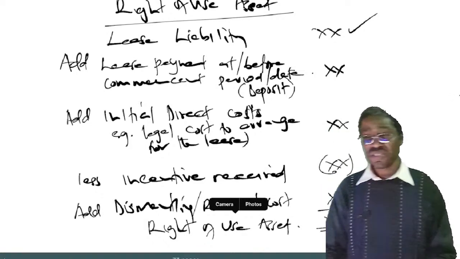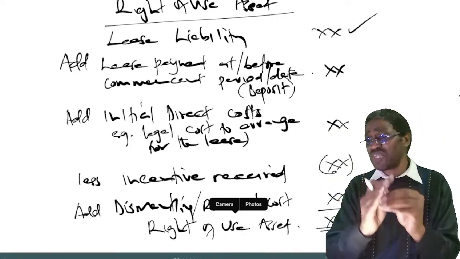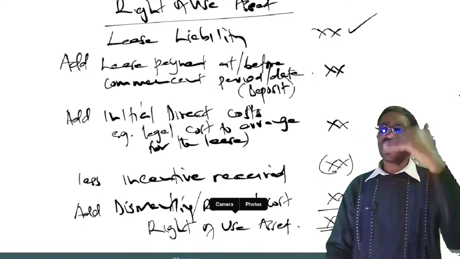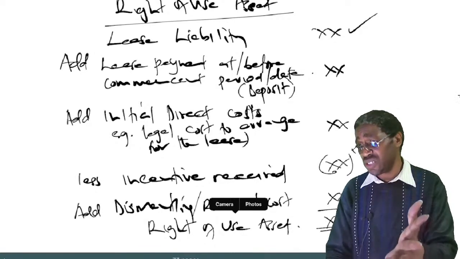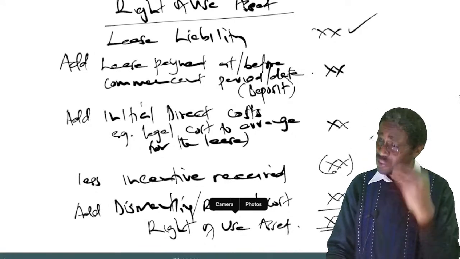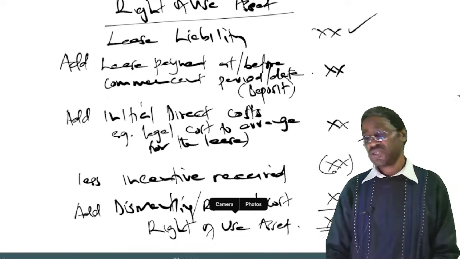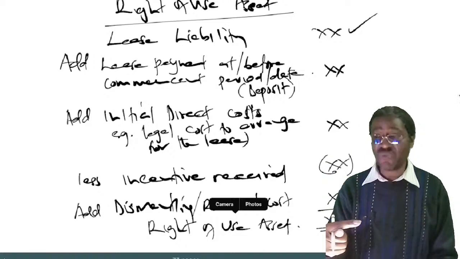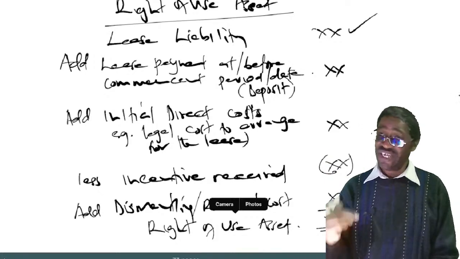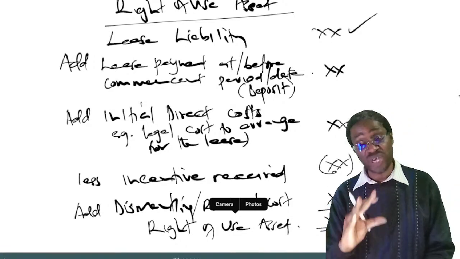I've said, the amount you got as the lease liability, remember, this is something that it will cost you. You'll be paying the installment of 2 million, 2 million, 2 million for the next 10 years. That's part of the liability. That's part of what it is costing you. So it should be part of the asset. So the lease liability amount also becomes part of the asset amount. Then you adjust it with other items depending on the question.